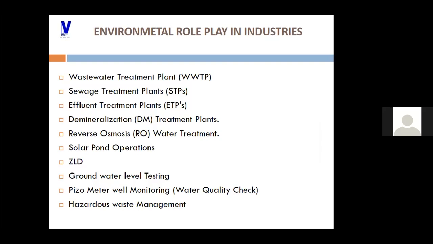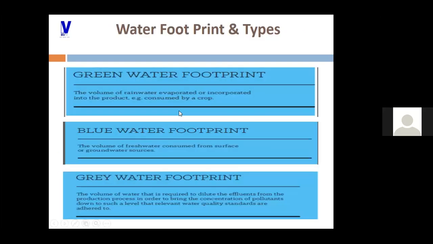Okay, so here I want to mention one thing. Considering the water footprint, we think our environmental department is taking care of only the ETP and STP plant, the sewage treatment plant. They are simply doing the recycling process only. Practically, if we see, their operation is very simple. But considering the environment, they are making the first and foremost contribution for our motherhood environment, because